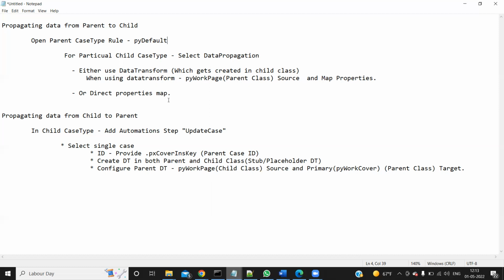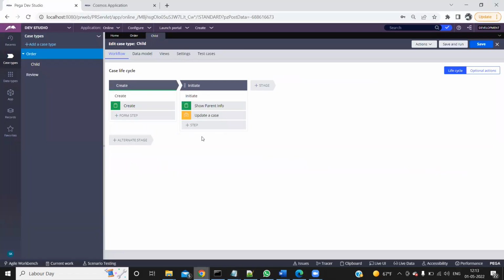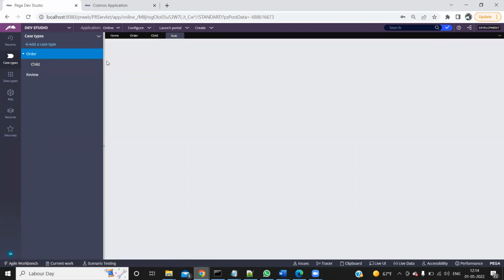So let's see practically how it can be done. So this is my Dev Studio. I have logged in as a developer. So let me open the order case type. So this acts as a parent case type. So let me open the parent case type rule,